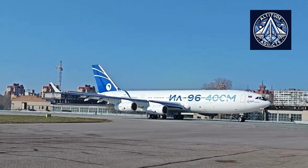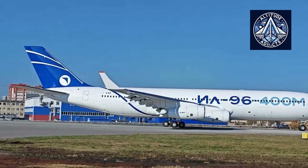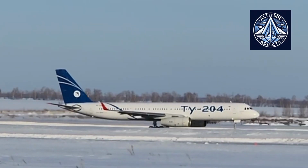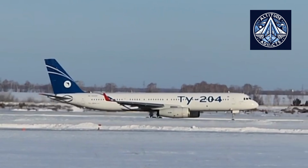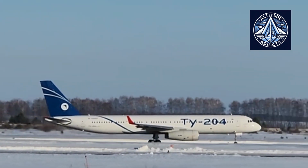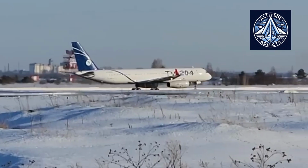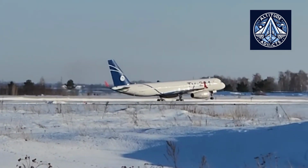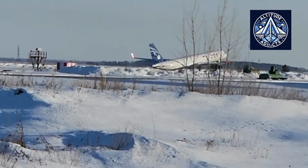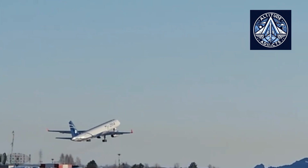However, it is now 2024 and the first modern wide-body IL-96-400M has taken its first flight using PS-90A1 engines. In 2007, the design and certification of this power plant for the IL-96-400T transport version resulted in an increased thrust of up to 17.4 tons. Domestic carriers have already stated that they only require the IL-96-400M in a two-engine version with the upcoming PD-35 engines, so there are no potential buyers for this version in a four-engine form. As previously noted, the recently flown fully import-substituted version of the Flying Laboratory Tu-204LL boasts modern avionics